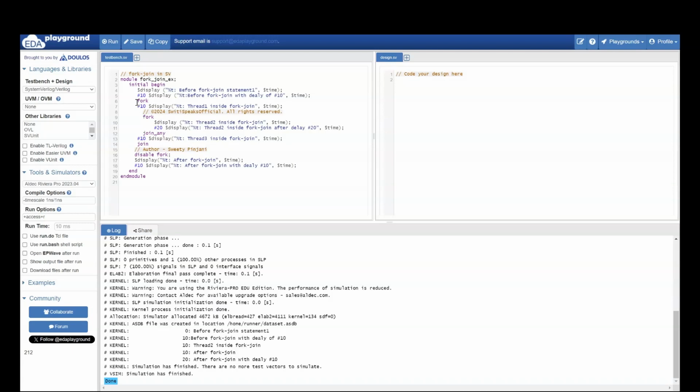So the total delay of this fork join is only 10 because there are three different processes. The first process has a total delay of 10. The second process has a delay of 0 because this is join any. It means as soon as the first statement completes, this join any completes. So it has a delay of 0. And the third statement has a delay of 10. It means overall fork join has a delay of 10 only. So if I run this